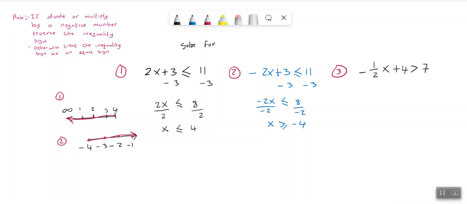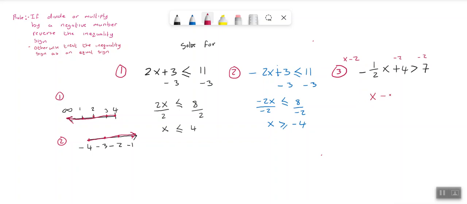So let's change this here. So I can multiply both sides by negative 2. I multiply this by negative 2, multiply this by negative 2. What will happen is this negative 2 and this negative 2 will cancel out. So this will just become